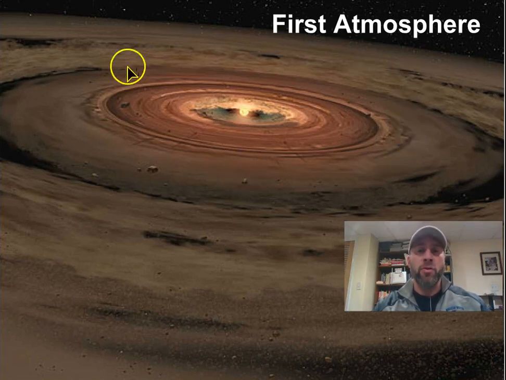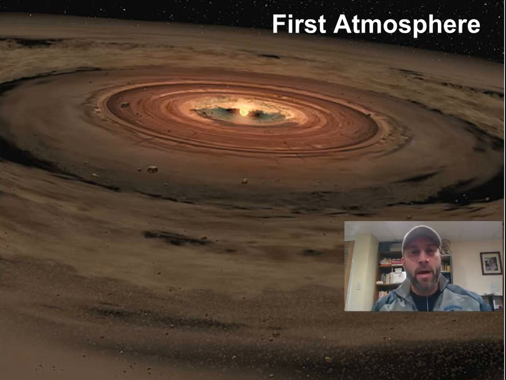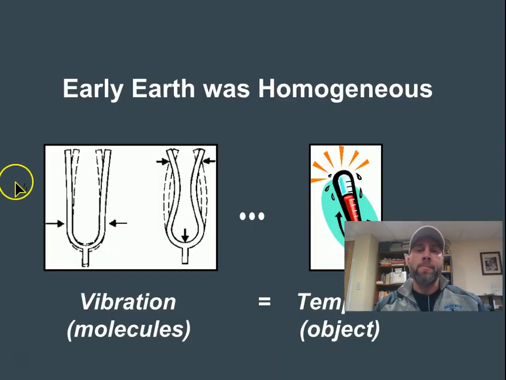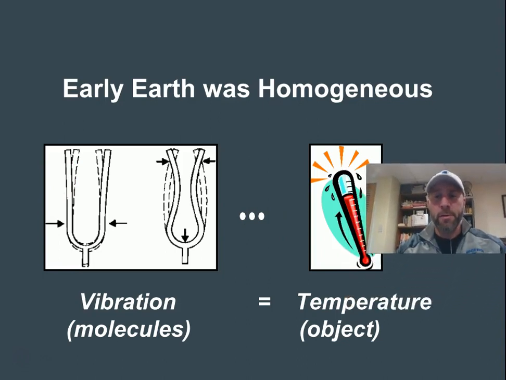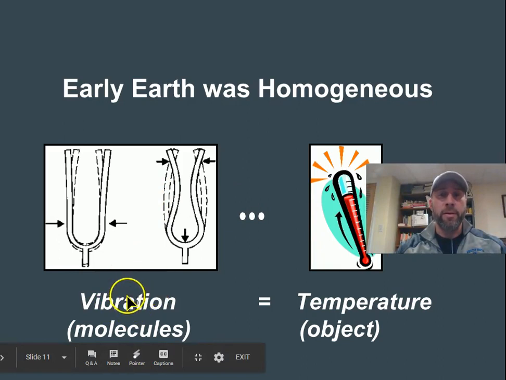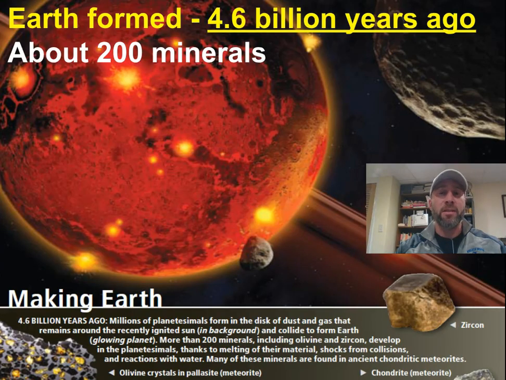Now all this other junk out here, which is basically you and me, what we're made out of, all those atoms and stuff, started to coalesce together. But it was very uniform. So all of this material mixed together, and it was all hot. There was a lot of particle movement going on, and it was uniform, so it was hot throughout, and that's a key idea. It's homogeneous because of that temperature.